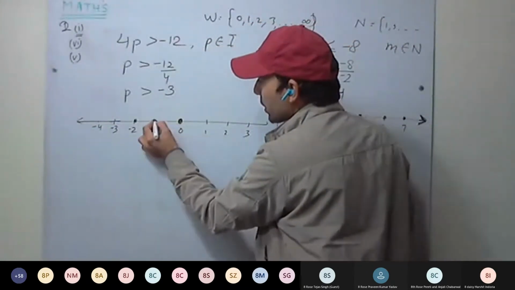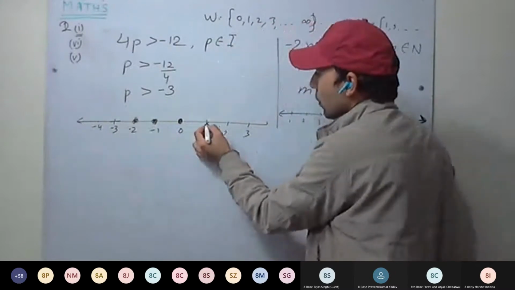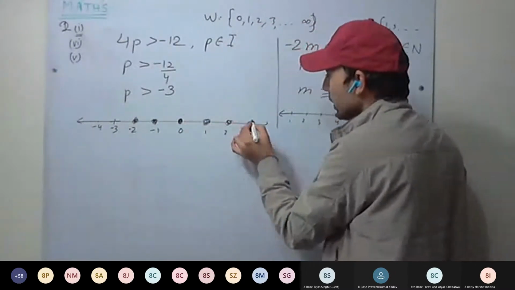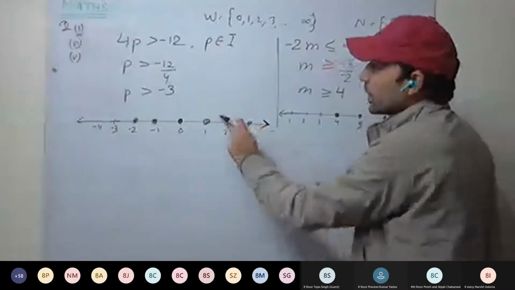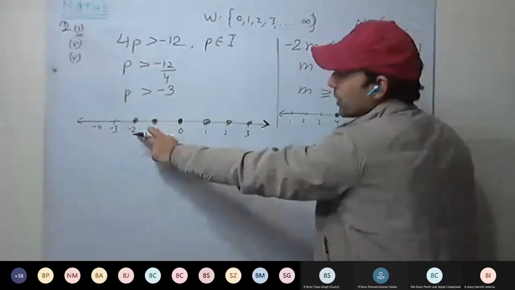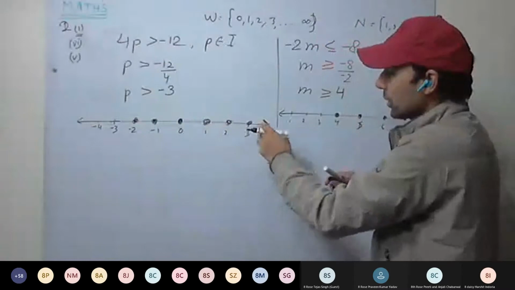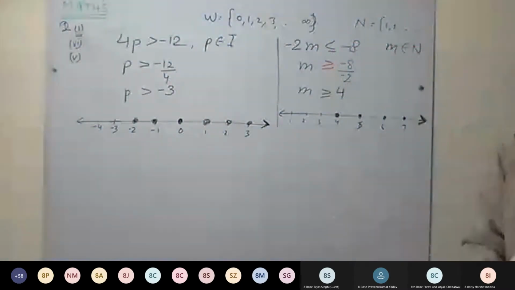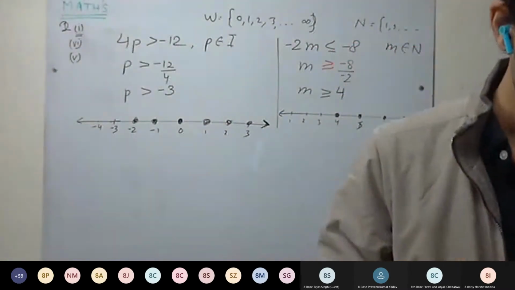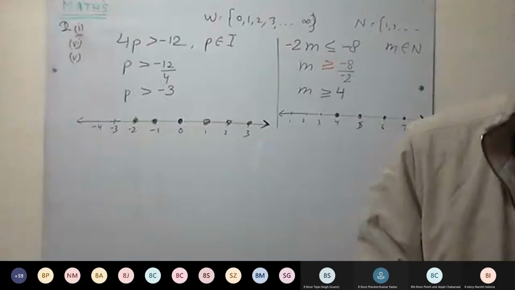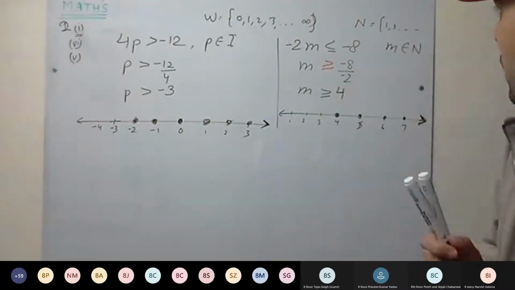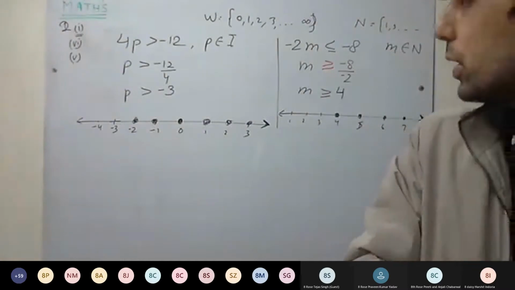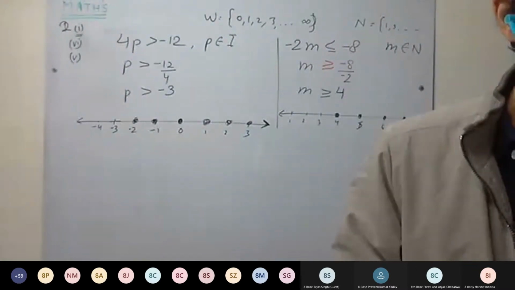Always draw bigger dots. Okay. 1, 2, 3, and now bold the arrow. So it denotes greater than minus 3. Minus 2, minus 1, 0, 1, 2, 3. It is going up to infinity. Understood this one? Okay, fifth one now. Fifth we are done, I think. Fifth done. Any more doubts? Second question is over.